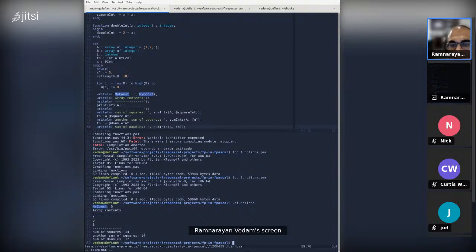There's no way of doing some types of higher order functions, which brings us to what Delphi does.